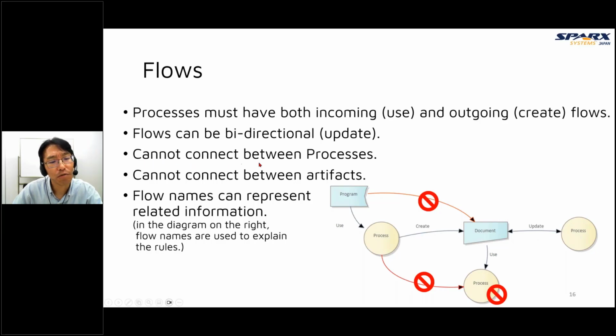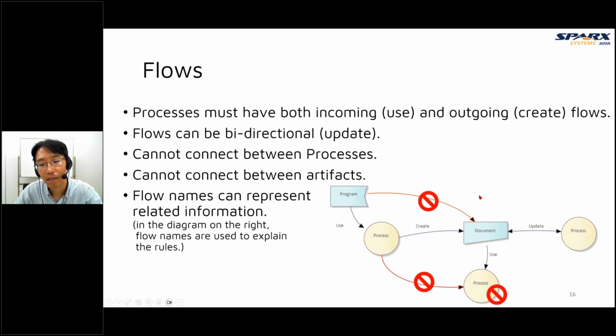And we cannot connect processes to each other, so a process must connect to or from artifacts. The same, we cannot connect artifacts to each other, so an artifact must connect to or from processes. And we can name flows for the related conveyed information.